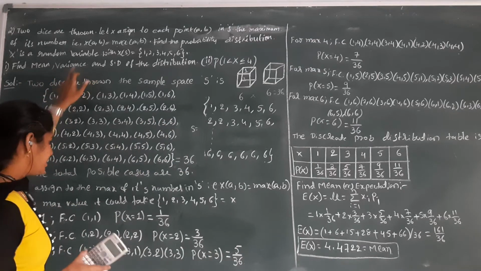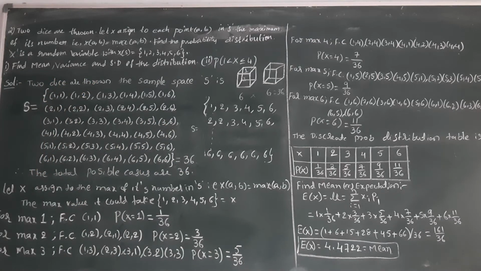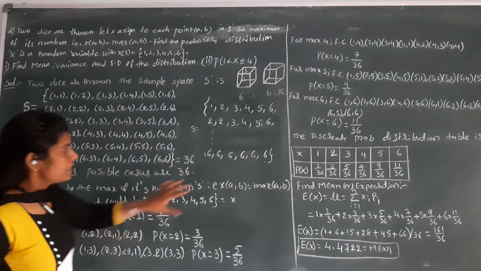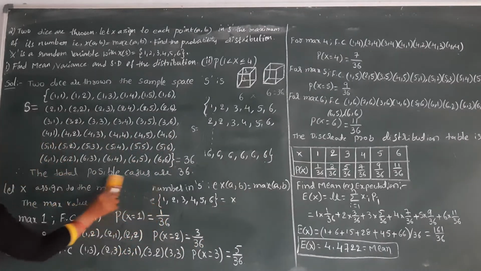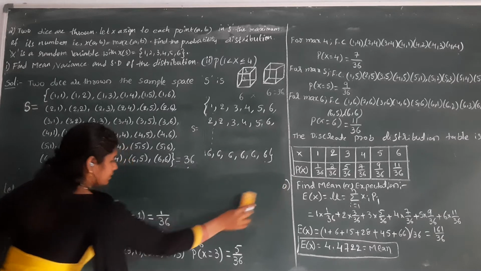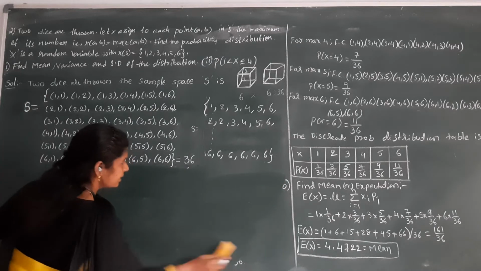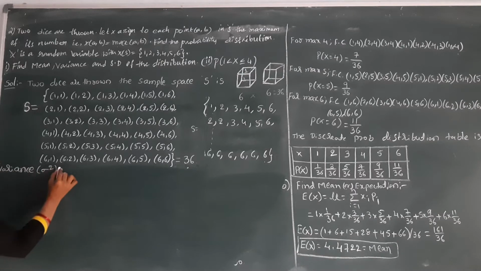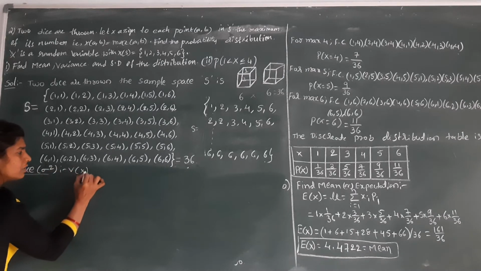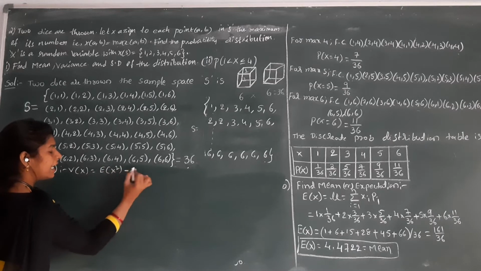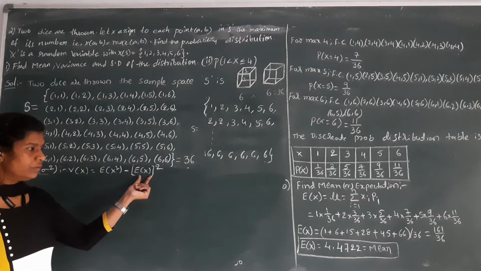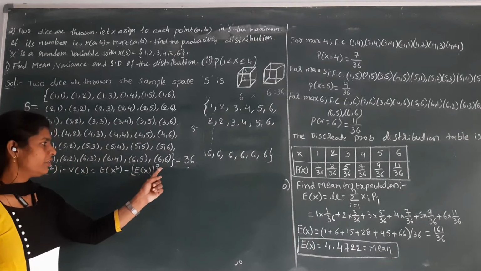Next we will go for the variance. Now already we finished this calculation in a table, so I am writing this one. Next we are finding the variance. Variance is denoted by sigma square, that is V of x equals E of x square minus E of x whole square. This is a formula. So we know the E of x value; substitute it in this place, whole square, and you will get the solution.